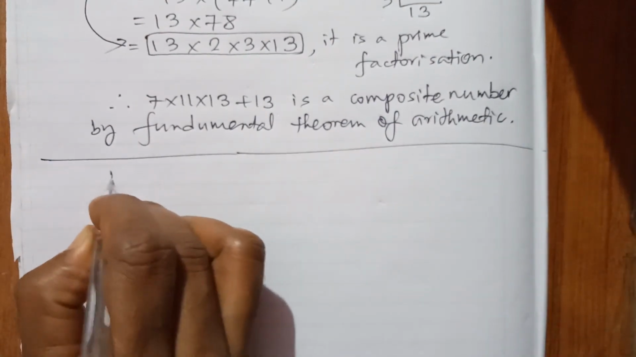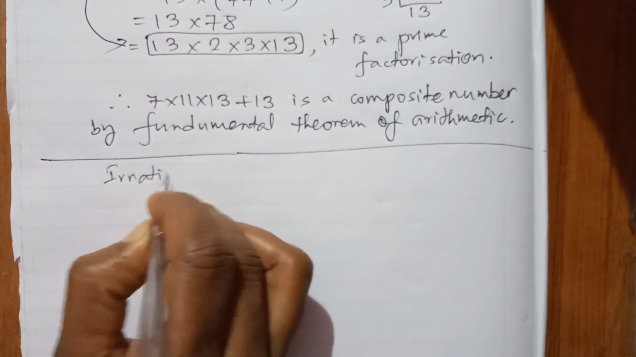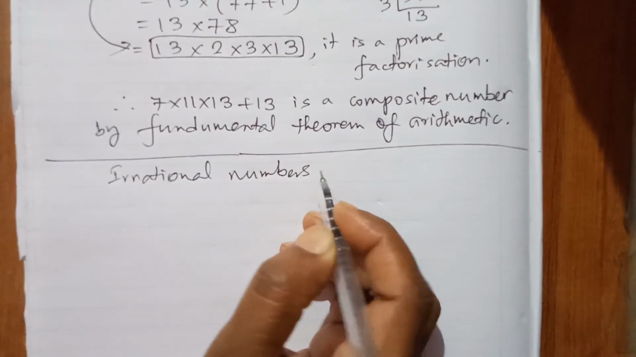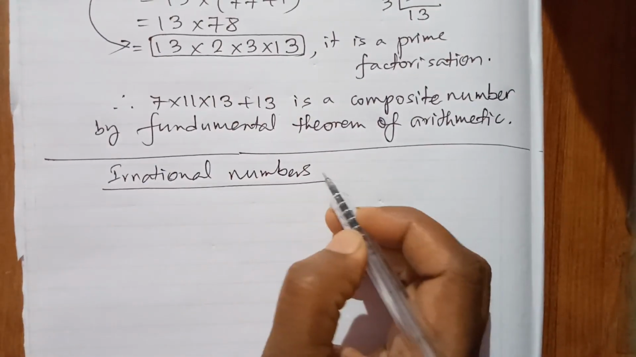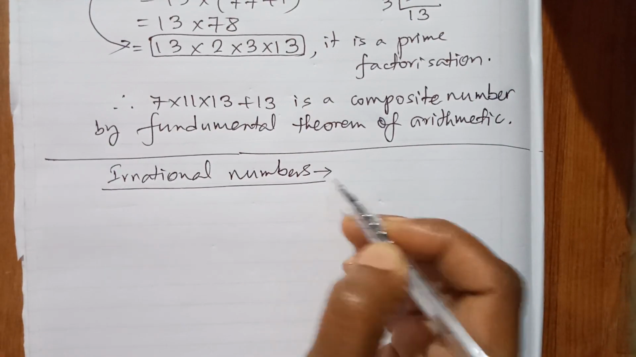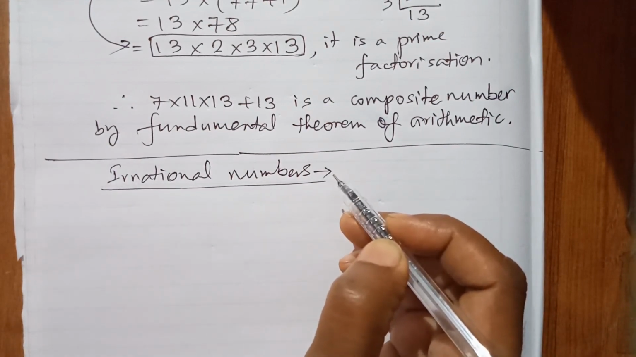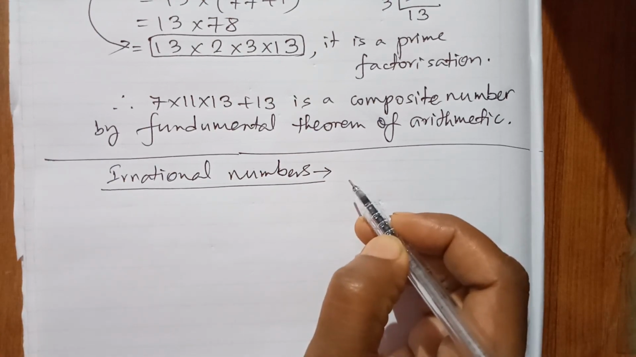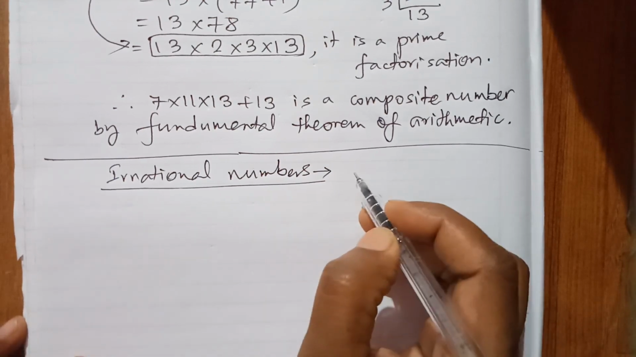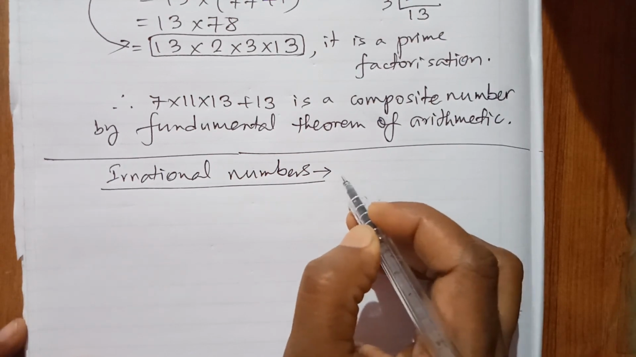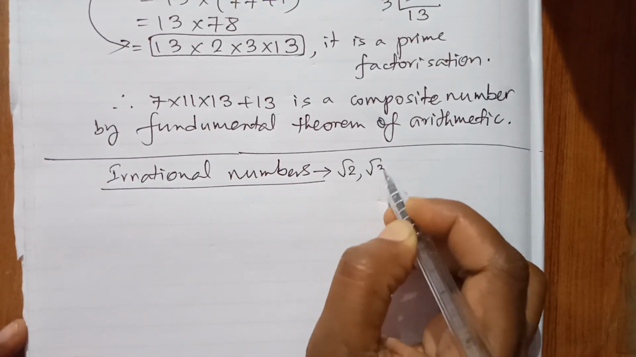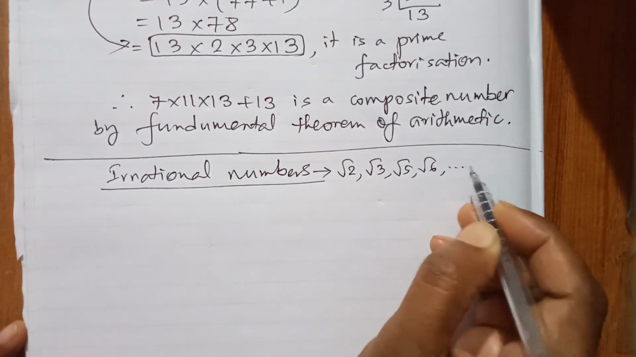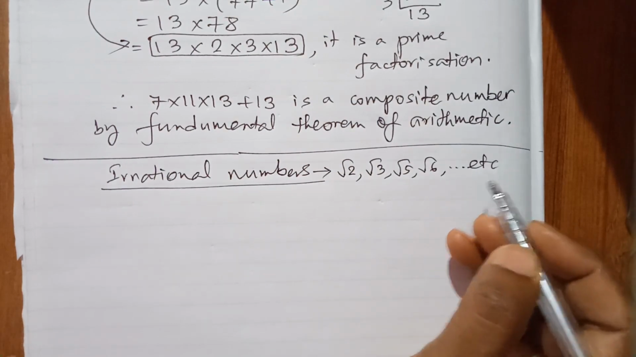So in class 9 you got the irrational numbers. That means the numbers which are containing the root over sign, square root, the numbers containing square root are the examples of irrational numbers. For example, you see root 2, root 3, then root 5, root 6, etc. This type of numbers are